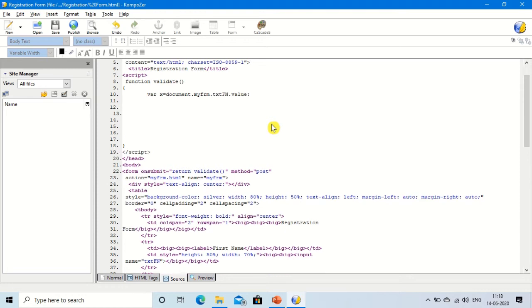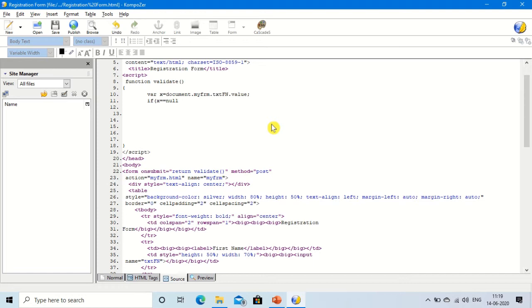Now we have to check whether the user has inserted a value in the text box or not. If the user has not inserted one, then show the message to insert the first name. So we have to use the if statement, which is used to check the condition. If x twice equal, that is for equality, null. Again check using if x is equal to empty.